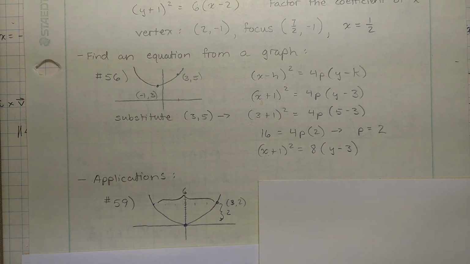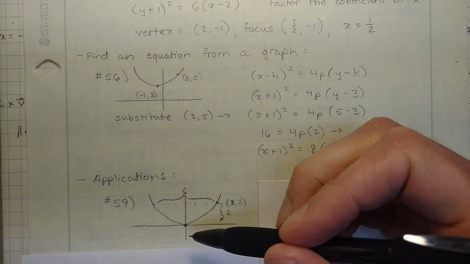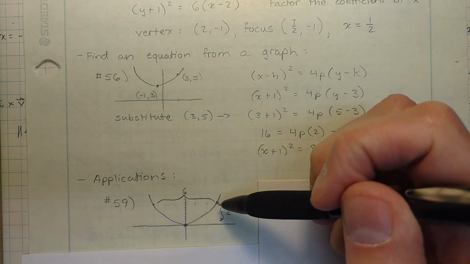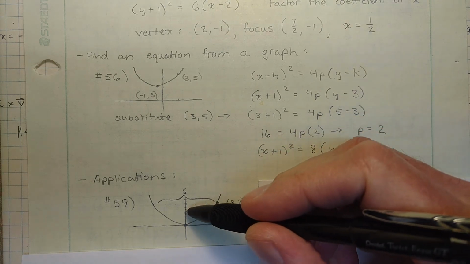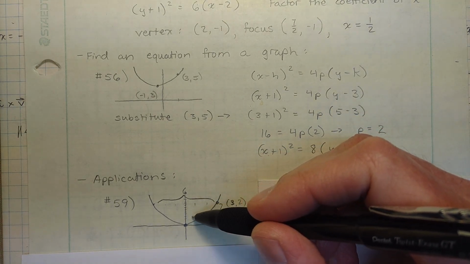Okay, this example, number 59, if I need to open up my book, I believe this is our flashlight example. Flashlights, and actually most any kind of directed beam light, like the headlights in your car, the back of the light is actually a mirror, and the mirror is always in the shape of a parabola, because if we locate the light right at the focus, wherever the focus happens to be, when that light shines out and it hits,